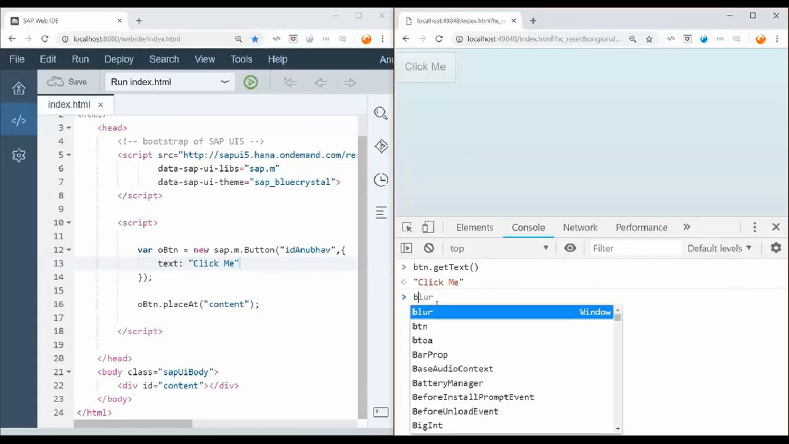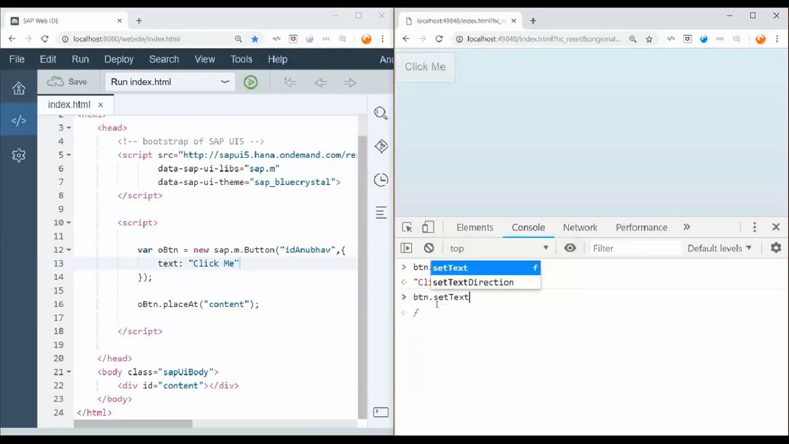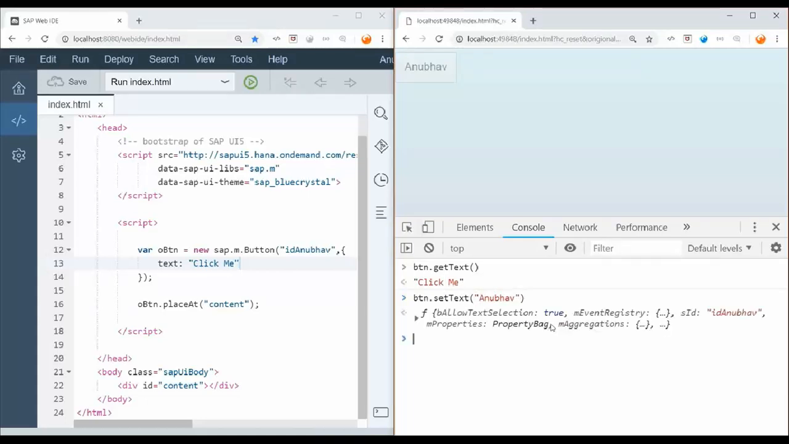You have a get method. Definitely there will be a set method, guys. So do setText. Get's opposite is set. If there is a get, there will be a set. Get a setter. If I say set and I say Anubhav and I say enter, you see the button label